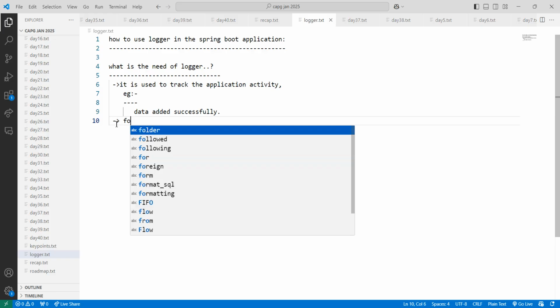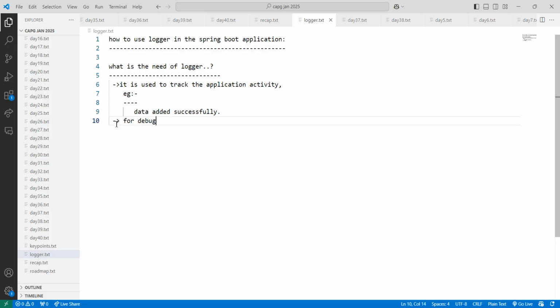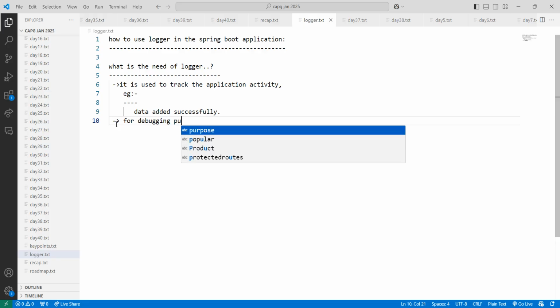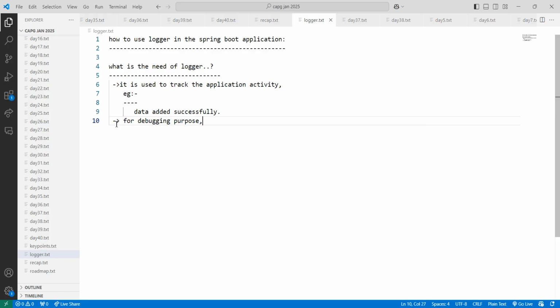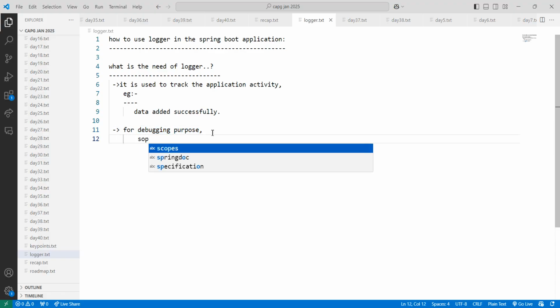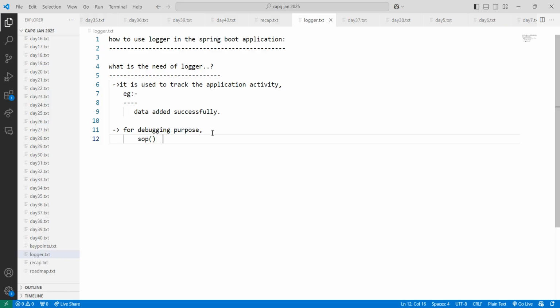People will use print statement, SOP, inside the service layer or controller layer. For debugging purposes we can use SOP or we can use Logger.